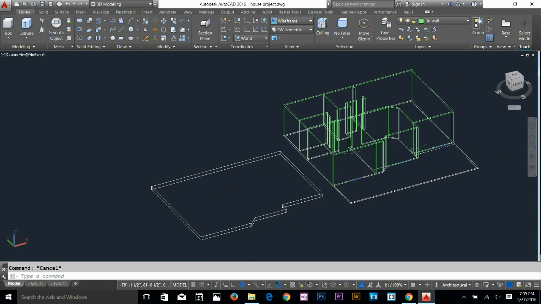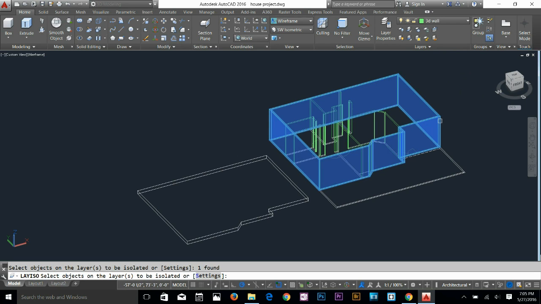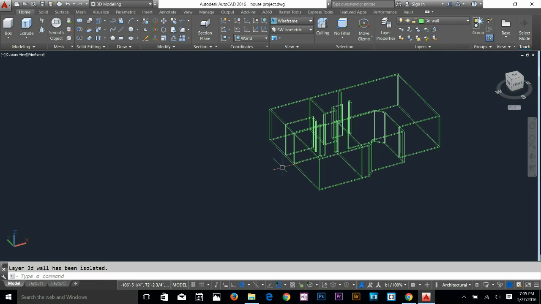And what I'm gonna do now here, I want to isolate a layer. So I'll go and click on this isolate layer command. I will select this. What it does is basically it's gonna just leave that layer on, and all the rest of the layers are going to be turned off. Okay, so I'm gonna select this whole